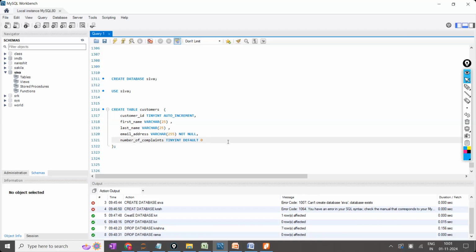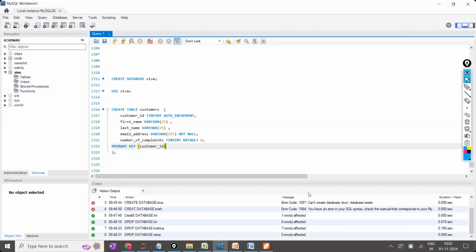Everything is clear? After writing all the columns, the next step is the primary key. For every table, one primary key is compulsory, because to access the data later, otherwise we can't extract the data or manipulate, I mean modify, the data. So one primary key should compulsorily be there. Add one primary key like this. The primary key I'm going to take is customer ID.